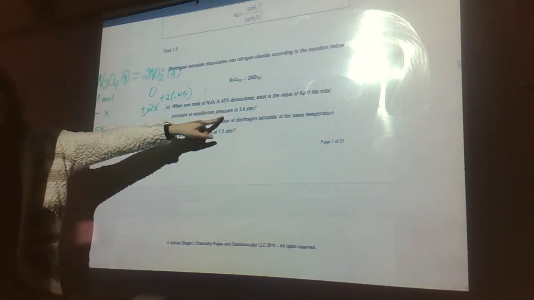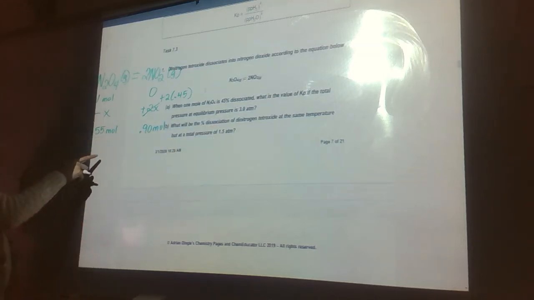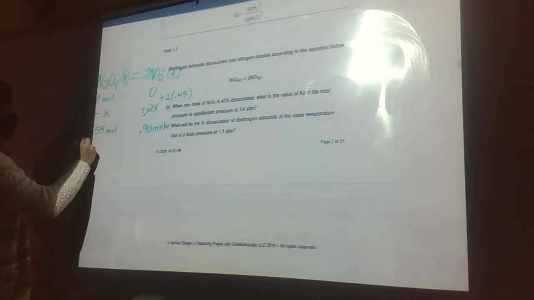Does everybody agree with that? Did I do the math correctly this time? So these are my mole values at equilibrium. I'm also given a total pressure of 3 atmospheres. So I'm going to find mole fractions. My mole fraction of N2O4